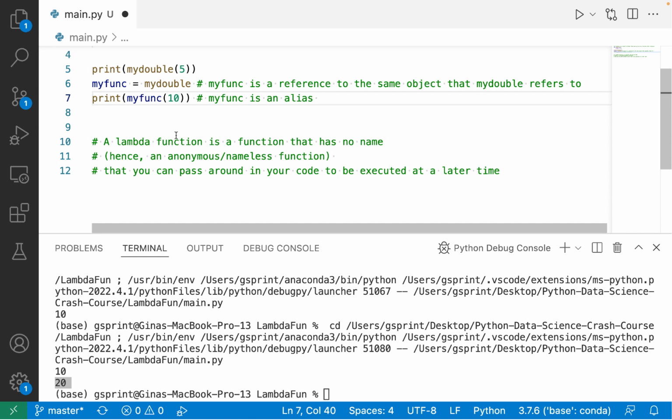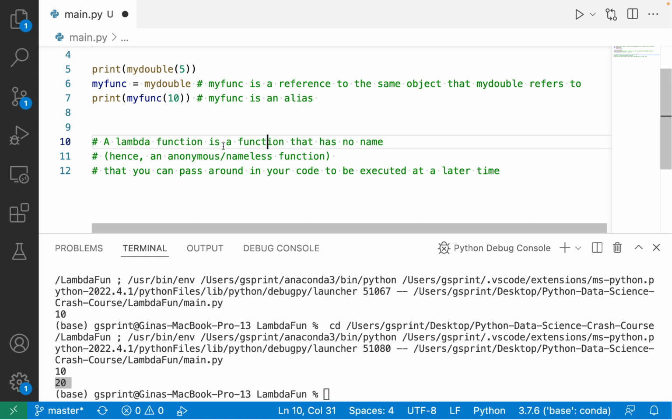So a Lambda function is a function. Don't let the fact that it has different syntax confuse you. It is still a function. It's just a function that doesn't have a name. Lambda functions are also known as anonymous or nameless functions. Anonymous function is a name you might have heard if you're coming from a different programming language, maybe like Java or Swift. It's meant to be shorthand or syntactic sugar in your code, where if you just need to do something really quick, or maybe save doing something quick for later, like a callback, use a